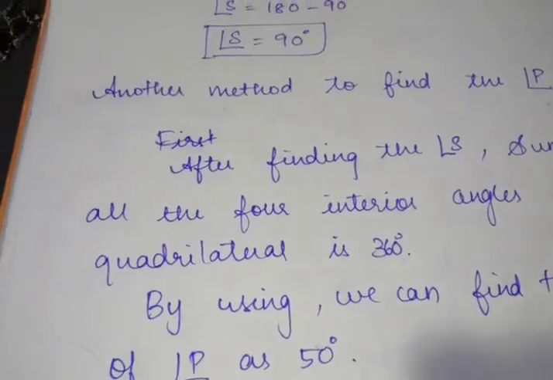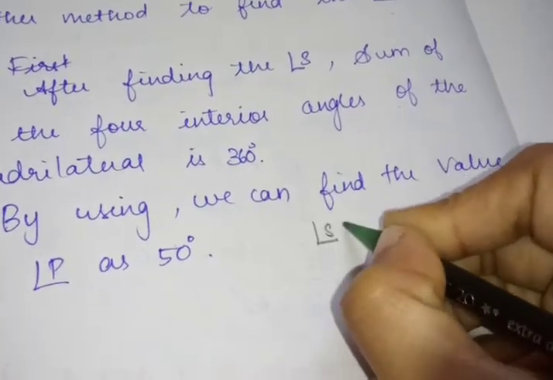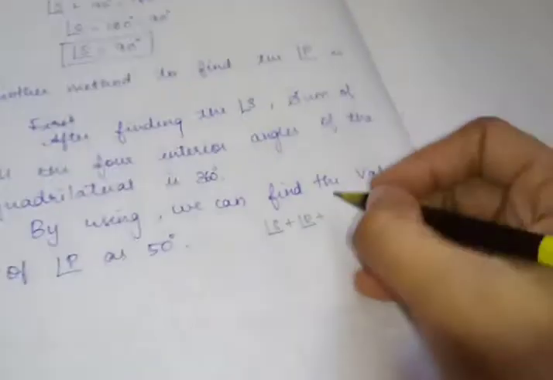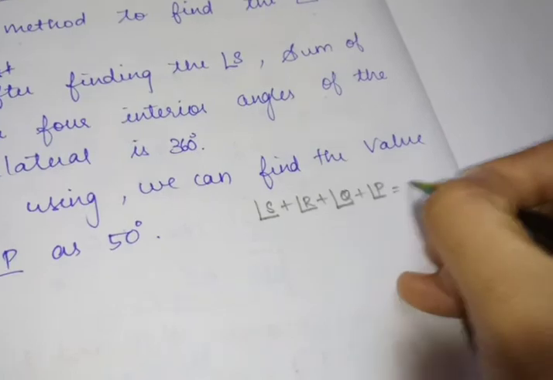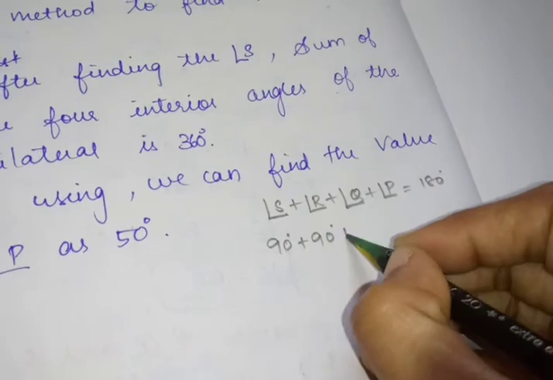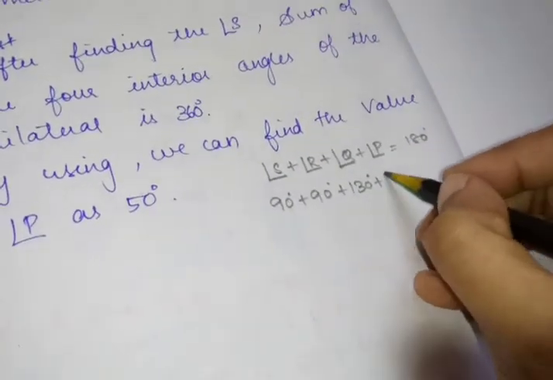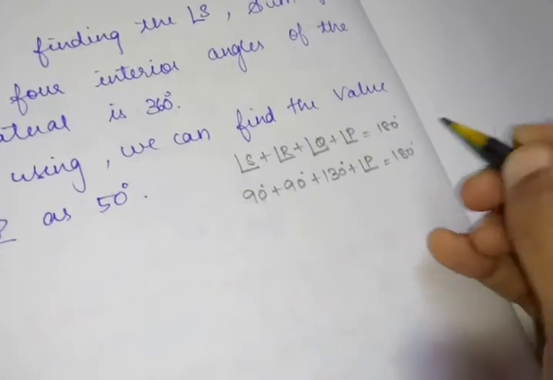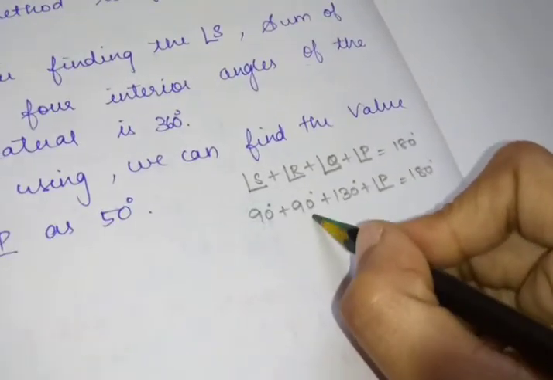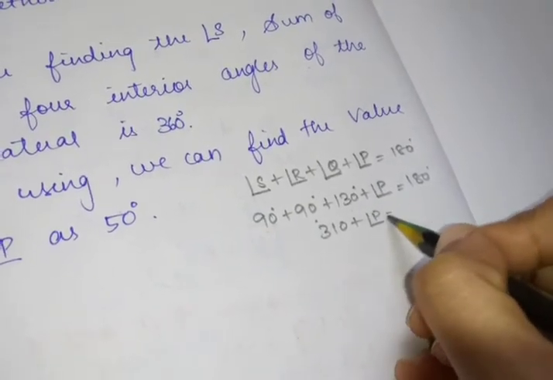Listen, I will just write an example here using the pencil. If you want, you can note it down. Angle S plus angle R plus angle Q plus angle P is equal to 360. You know S is 90 degrees, R is 90 degrees, Q is 130 degrees, plus what is P? We don't know, because we are going to find it using the other method. So 90 plus 90, 180. 180 plus 130, 310, plus angle P is equal to